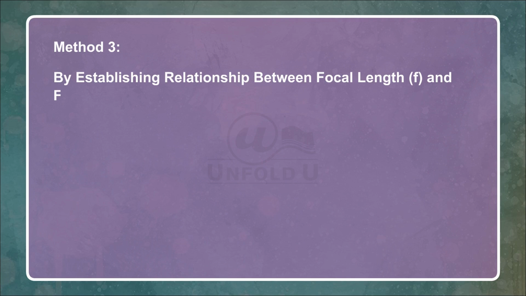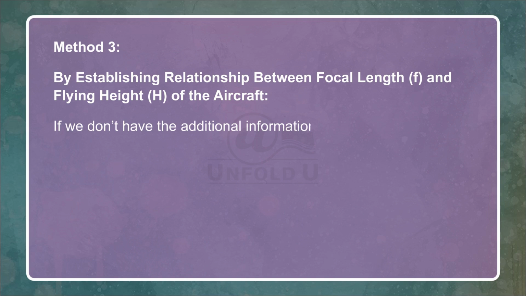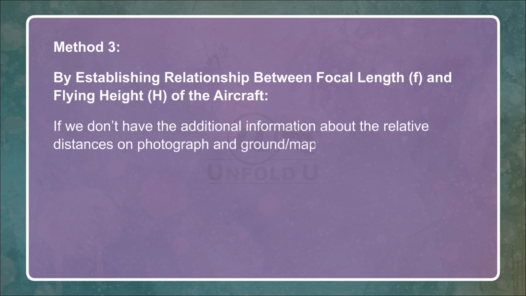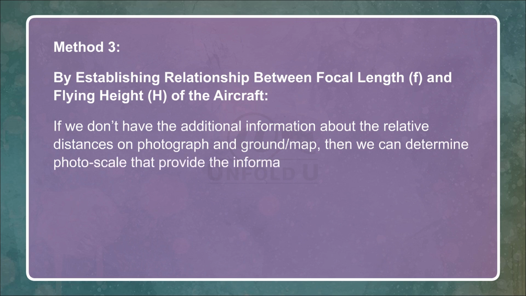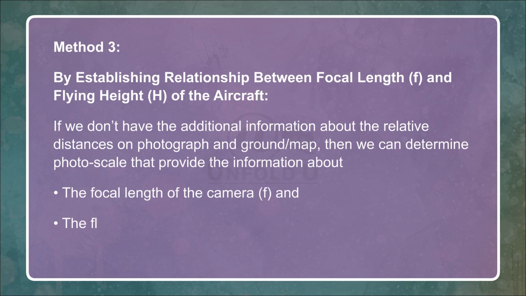Method 3. By establishing relationship between focal length f and flying height h of the aircraft. If we don't have the additional information about the relative distances on photograph and ground or map, then we can determine photo scale that provide the information about the focal length of the camera f and the flying height of